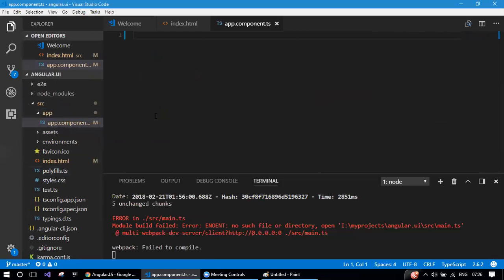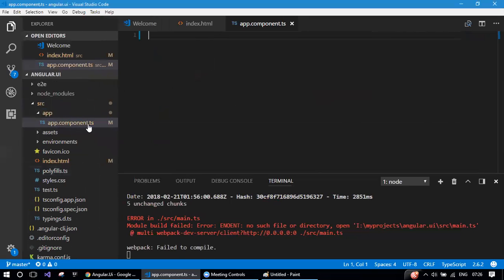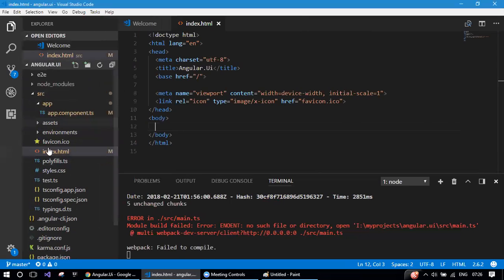It's a convention. Again, if you don't like it, you can just ignore it. But I would like to follow this convention. The reason is even if I don't open the file, I know what is inside this. If the name would have been app.ts, you should open the file to understand what it actually contains. But when you have app.component.ts, without even opening the file, you know that, okay, it's a type component, because we